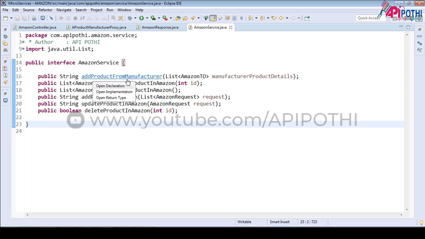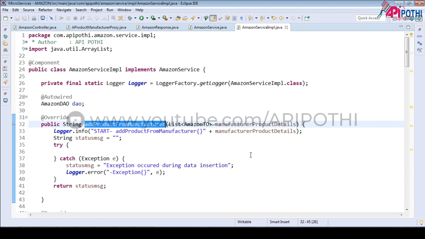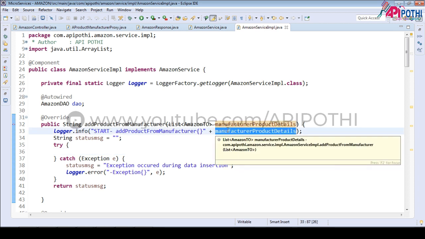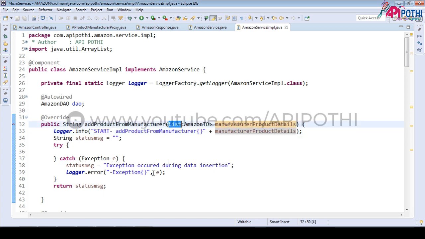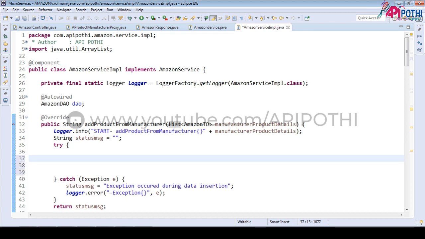Now we'll go to the Amazon service. This is the interface. We'll go to the implementation of this one. And here, if you see, we also have some set of predefined code already written. So we are receiving the product details here, which is in the form of a list. So first we are going to traverse, and during traverse only we are going to save also, right? So for